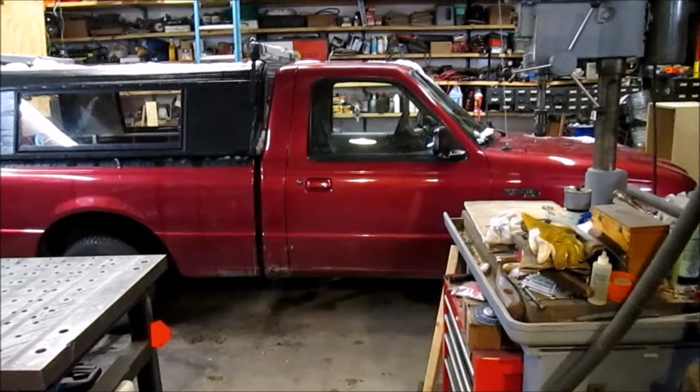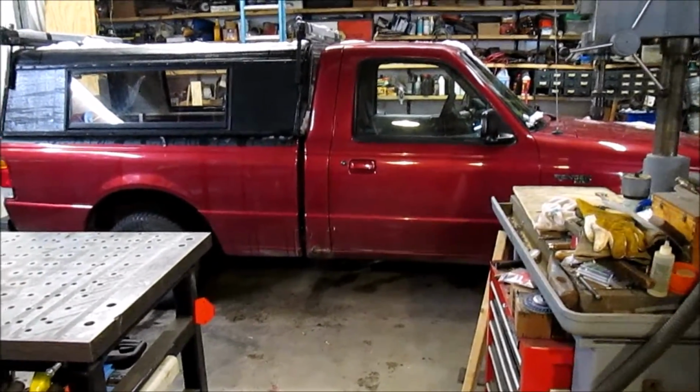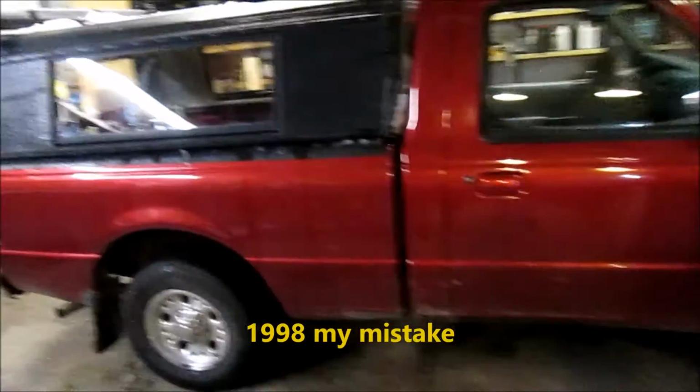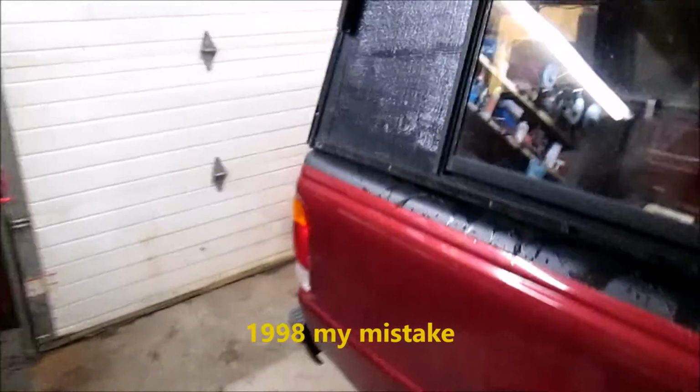I just pulled the next project in the door a little bit ago, letting the remainder of the snow melt off, and gonna start taking some measurements and figuring out exactly what we're going to be doing here. This is, I believe, a 1997 Ford Ranger. Got that massive 2.4 liter engine. This belongs to a family member, and he bought it really cheap with a